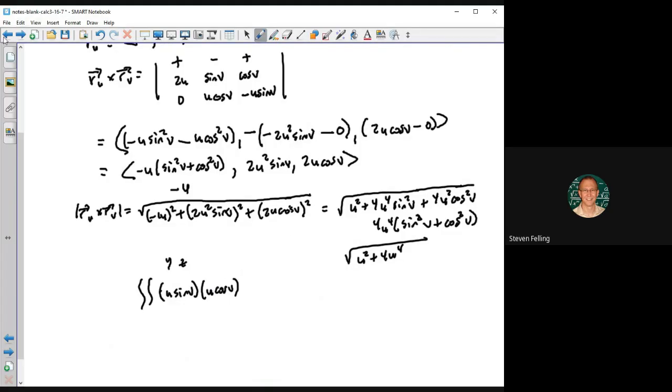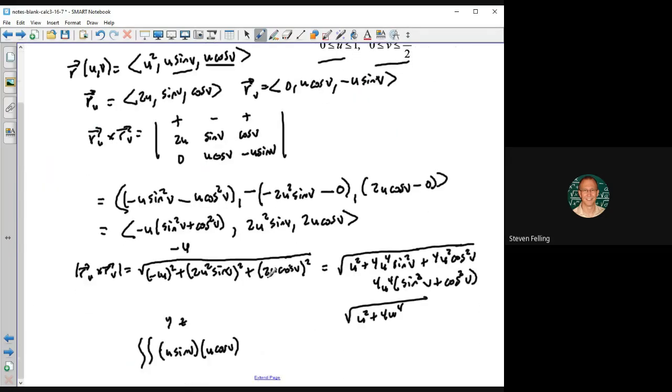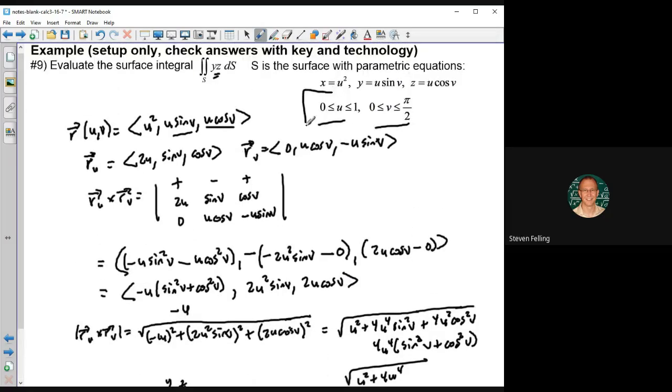And then we go back here to the template. We have to now plug in our cross product magnitude. We just did that. Now we have to do the cross product magnitude and then the area. The cross product magnitude turned out to be the square root of u squared plus 4u to the fourth, and then we have to use du dv. So this is going to have to cover this in u and v. Okay. I'm just going to put du dv here, and that's because they gave me actually these things, and they're both